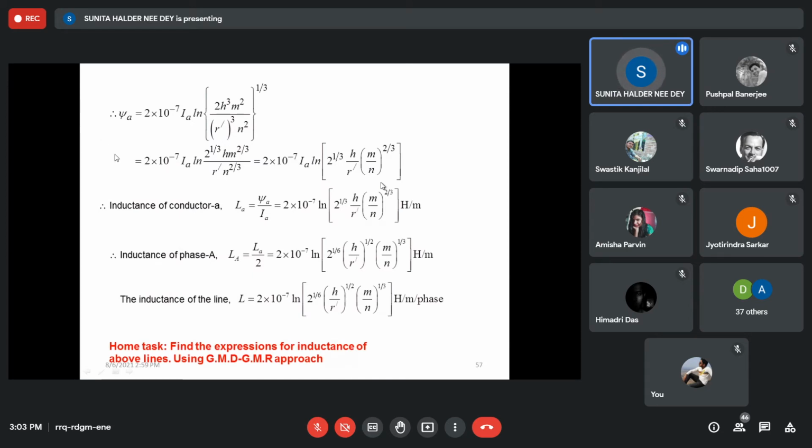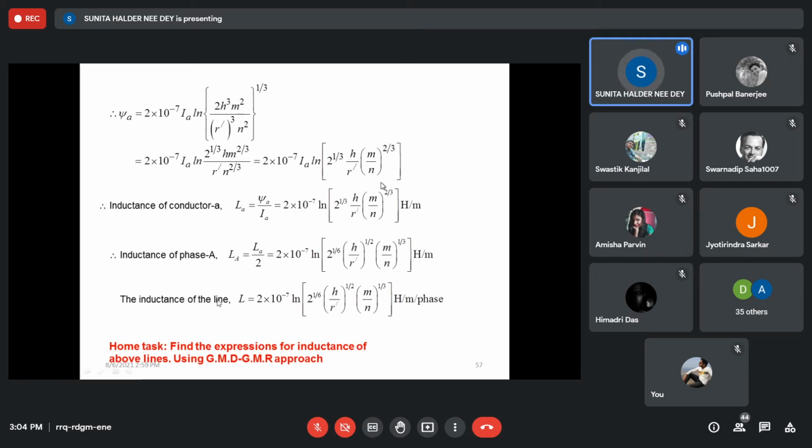Then you take psi A by IA to find the inductance. That's why I told you psi A by IA is the inductance of conductor A, that is one conductor in phase A. So what will be the total inductance of phase A? It is the parallel combination of the inductances of the two conductors. The inductances are similar, so two inductances of L suffix small a are in parallel, so it is La by 2. Just note one thing: when I write the inductance of phase A, I write it in Henry per meter. The inductance of phase A, phase B and phase C will be the same if we use the same conductor and similar spacing.